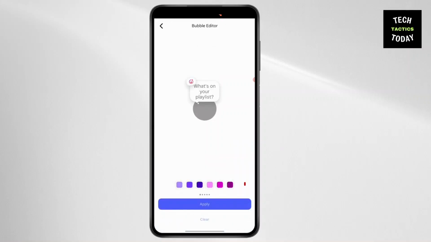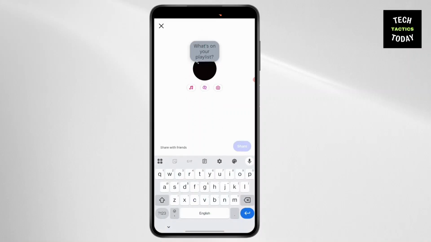After that, at the bottom, you'll find different colors. You can select any color you want your note to be. After you've selected the color, press on Apply at the bottom. After you've applied the color, you can type anything you want and press on Share at the bottom right corner